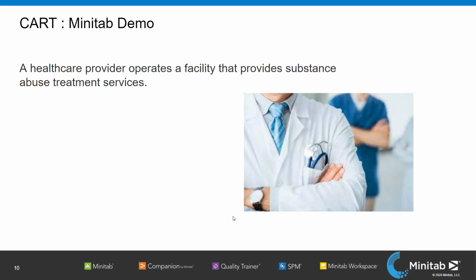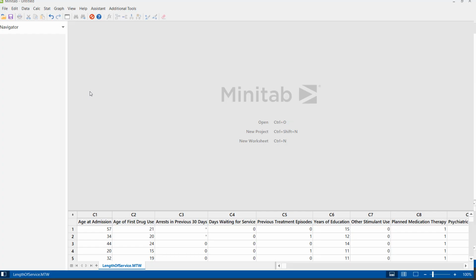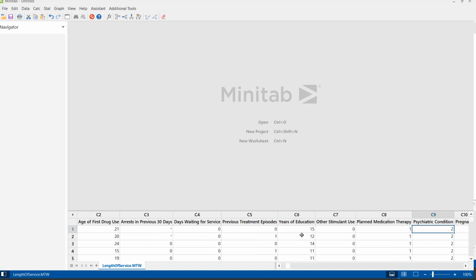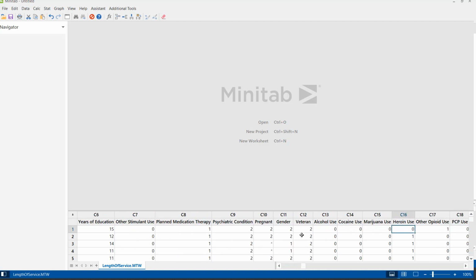So let me just go to my Minitab screen. Here you can see my Minitab screen. This is the data which is collected: age at admission, age at first use, arrests in previous 30 days, previous treatment episodes, years of education, and then various others like cocaine use, marijuana, heroin.